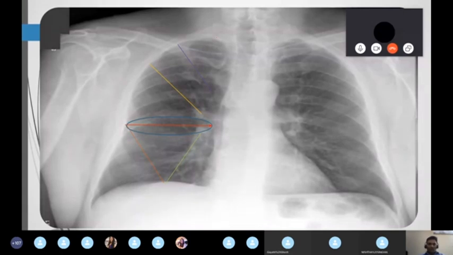Here also I'm telling you first, all of you please don't take an AP X-ray. Keep in mind, very important: always take a PA X-ray. In a PA X-ray, see the oblique ribs. AP ribs are always oblique. No. PA ribs are always horizontal. So first thing you're going to see is, take a PA X-ray, see the oblique ribs.